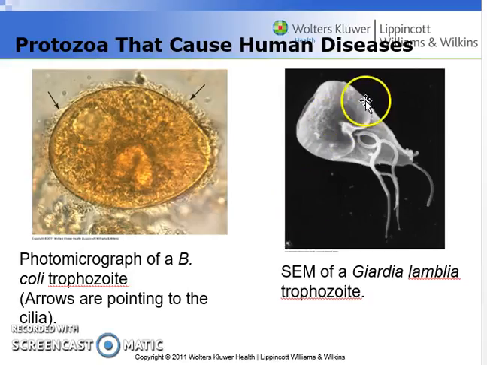This particular pictogram here is a scanning electron microscope image that was taken of Giardia lamblia. Again, this causes diarrhea in a lot of people who are infected with it. It's also known as Giardia intestinalis, and you just get a lot of massive gastrointestinal complications, as well as the nasty diarrhea. This organism is also associated with traveler's diarrhea as well.